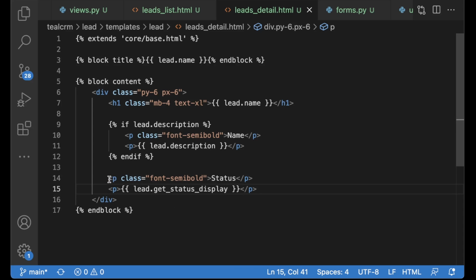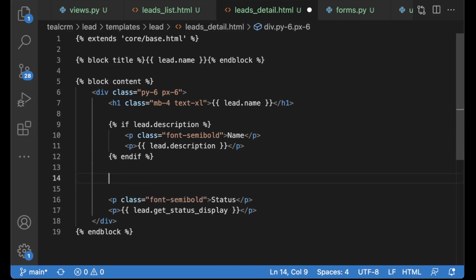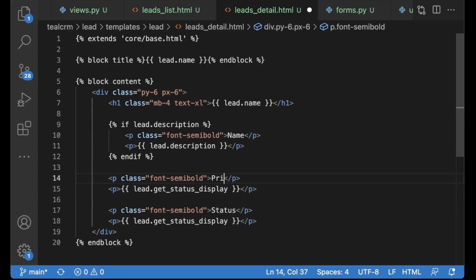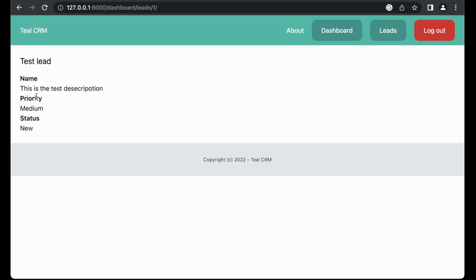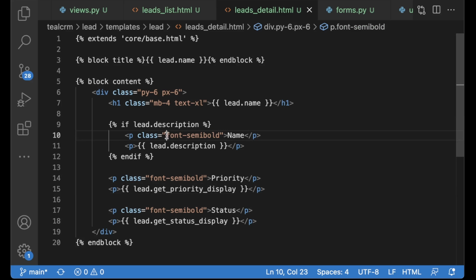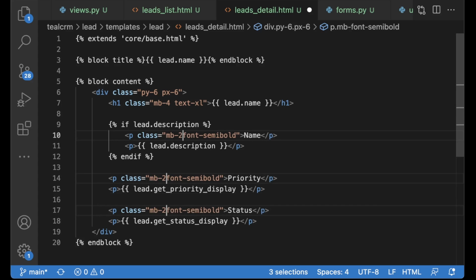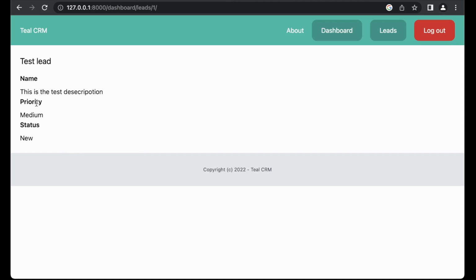Nice. So I also want one of these for the priority, and get_priority_display. So we should have some spacing between these. So at this and this and this, we can say mb-2 and save. So if I refresh now, we have some space.